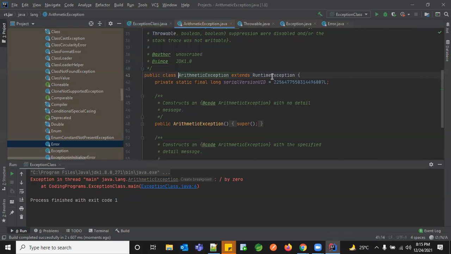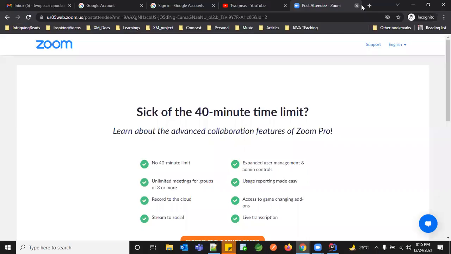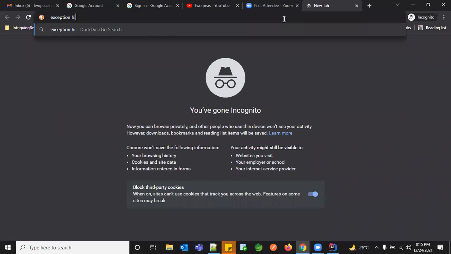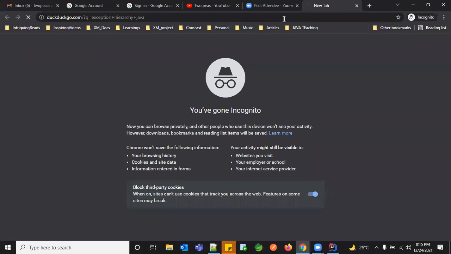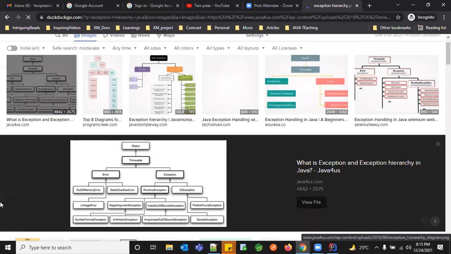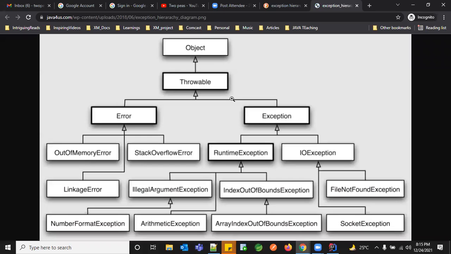And that is extending what? A RuntimeException. Okay, and that is again extending Exception. So internally, this Exception class follows a hierarchy. Let me show that. So if you see, you have Throwable as the topmost class, and that is classified into Error and Exception.